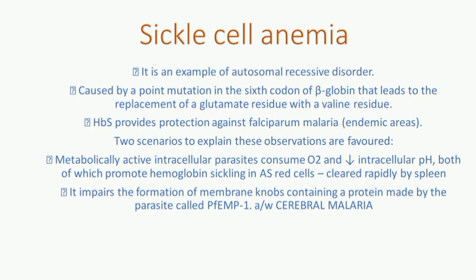Metabolically active intracellular parasites consume oxygen and lower intracellular pH, both of which promote hemoglobin sickling, and such red cells are cleared rapidly by the spleen. It also impairs the formation of membrane knobs containing a protein made by the parasite called PfEMP1, associated